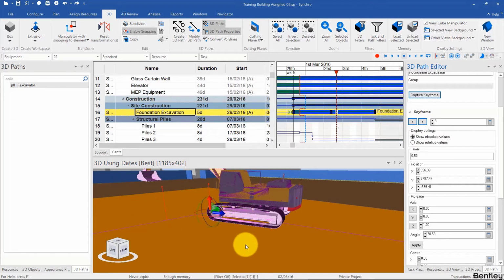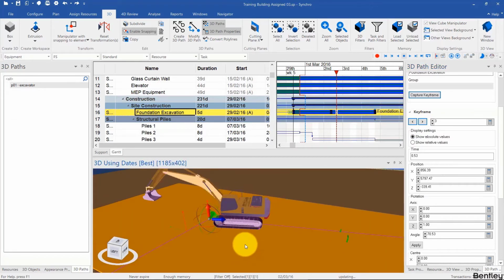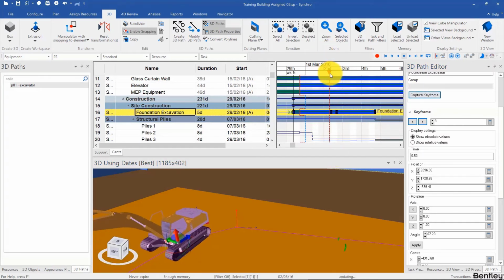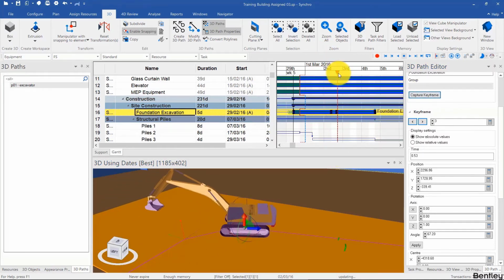If we wanted to change that to the actual center of the equipment, we'd have to use the Ctrl key. And if we change that by holding the Ctrl key, now the equipment can rotate about the center. However, we have to capture the keyframe to save that. So if you click on Capture Keyframe and we look at it now, it's rotating about the center of that